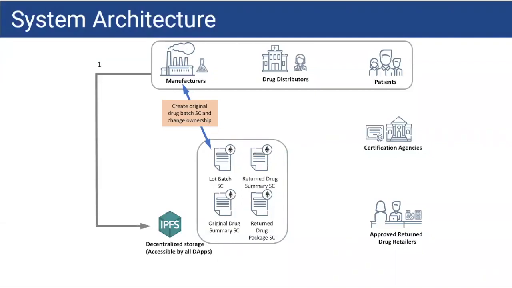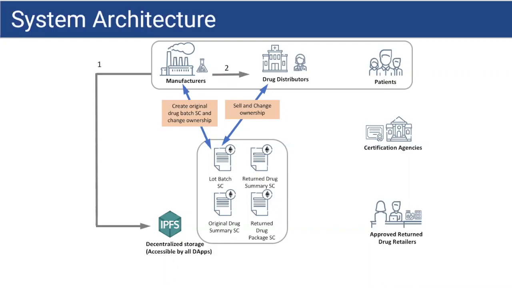Afterwards, the drugs will be shipped to the designated distributors and the ownership will be changed. The drug distributors will check the quality of products received. Once they are approved, the drugs will be displayed for sale. When a customer purchases a medication, the medicine is linked to its Ethereum address along with a timestamp and the price. And the drug distributors will change the ownership of the drugs by updating the lot batch smart contract with